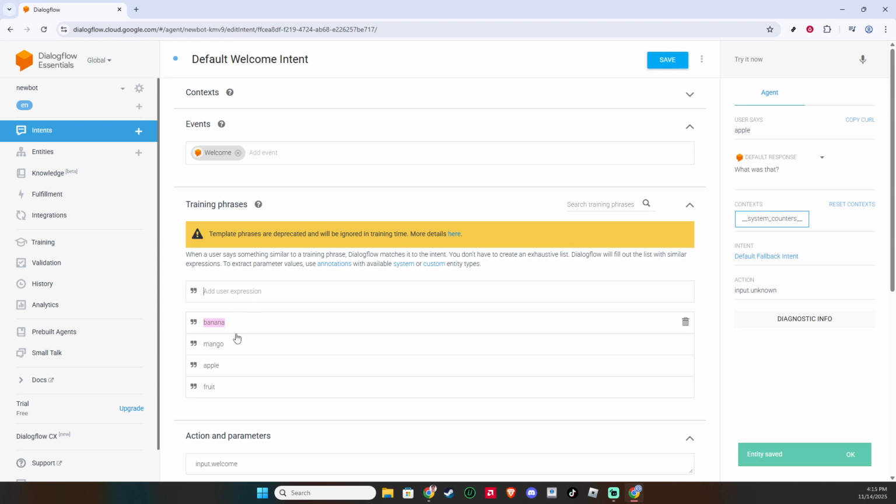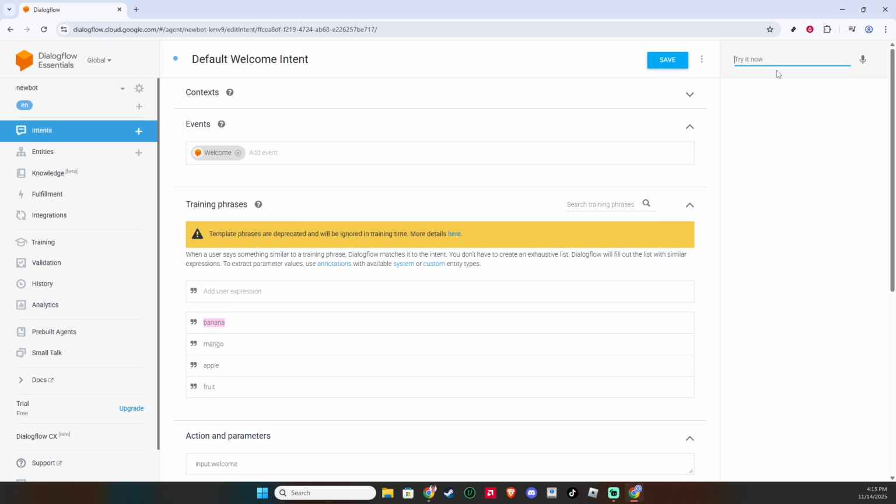The final step is to test your bot. Try typing user messages that contain the values or synonyms you've created and see if the entity gets recognized correctly. And that's it. You've successfully created a custom entity in Dialogflow, helping your chatbot pick out specific pieces of information